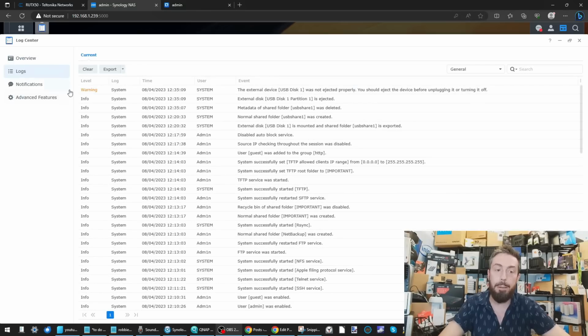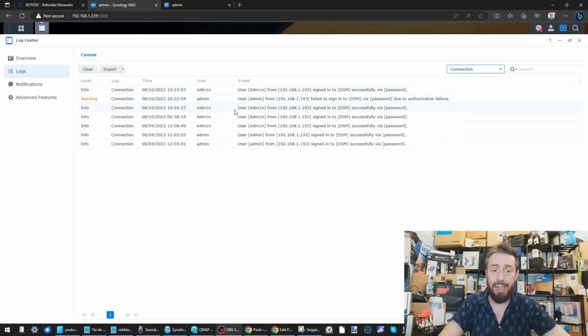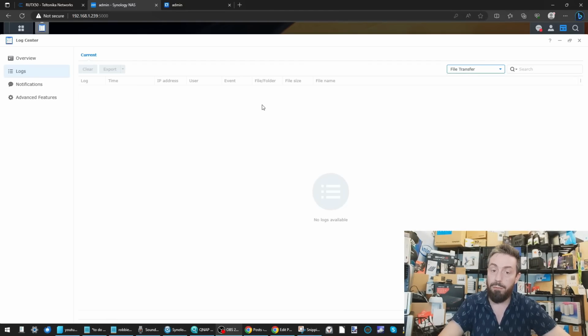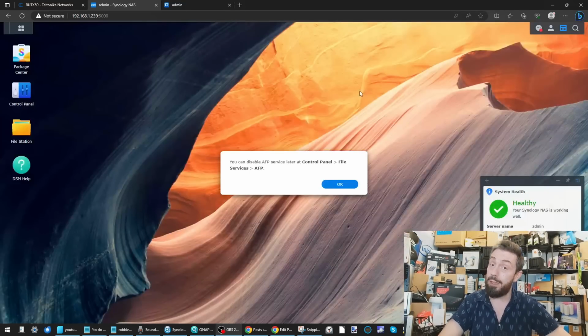Now, if we dig a little deeper into the logs there, we can find out a little bit more about the system stuff that was happening in the background of this device. And again, as far as system protocol and internal recognition happening, if we move to connections, again, nothing happened there in the interim. We moved to the file transfers, nothing happened in the interim, obviously, and drives, nothing was connected. So overall, the Synology, nothing happened, and get used to hearing that.